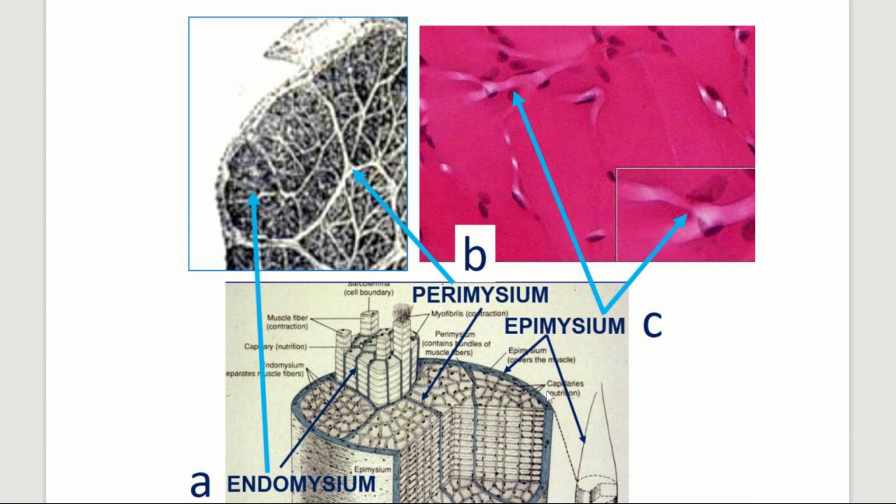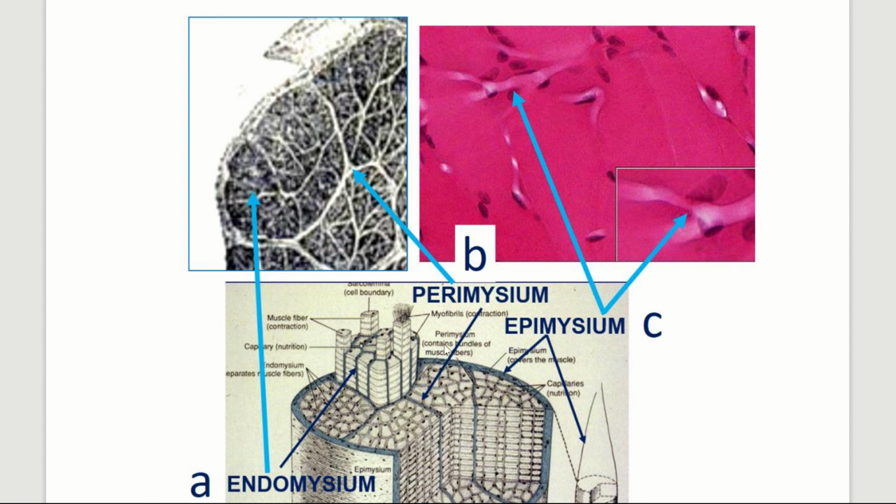Okay, this one, so we're talking about muscle, but more specifically, we're talking about the connective tissue that lines the different levels of muscle, right? And so let's see. So right here, we're saying this is endomysium. And remember, endomysium is the type of connective tissue that goes around each individual muscle cell. Each individual muscle cell. And so yes, we probably do have some endomysium around here, around these individual muscle cell